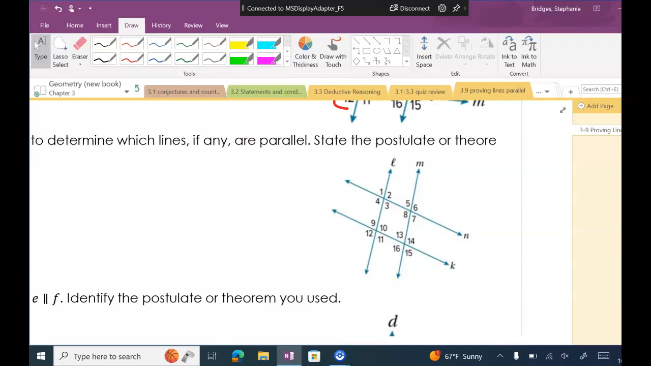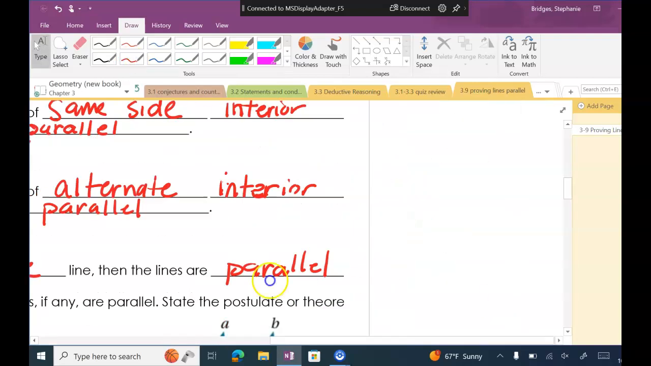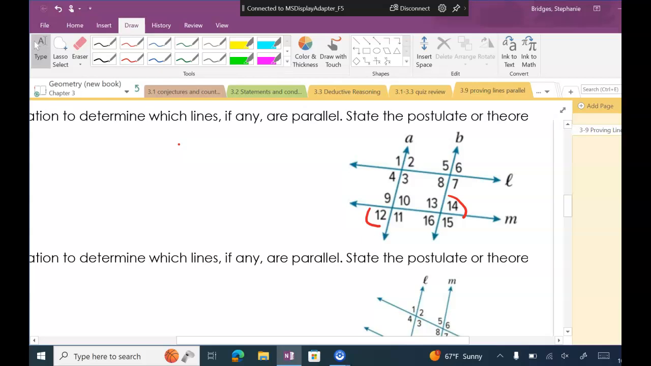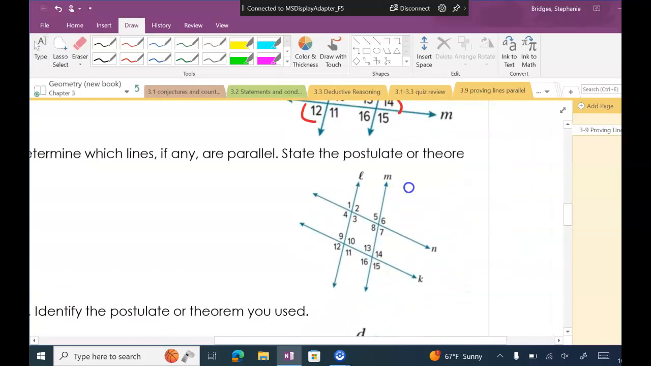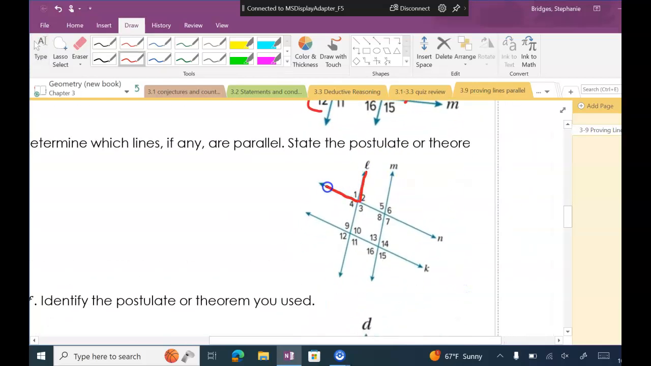Okay, let's take a look. Angle 1 is here. Angle 15 is here. In order for them to be alternate exterior, yes, they are both on the outside, and yes, they are on opposite sides of the lines. But